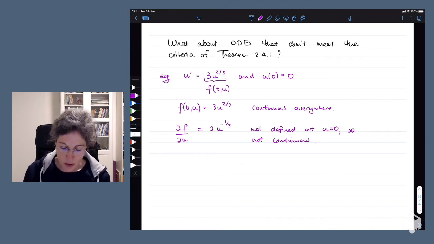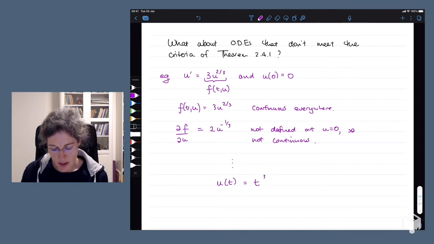But if you do some work, so you can see that this is separable, you can find that the solution is actually u of t is equal to t cubed. And if we think about what the validity of that solution would be, we're now thinking about our definition of the solution, not about the theorem. So if we look back at our definition of the solution,